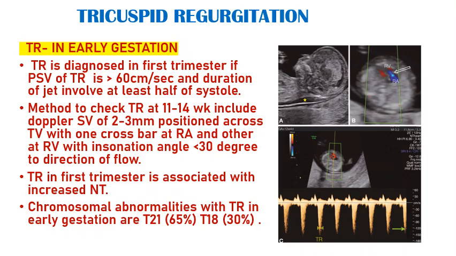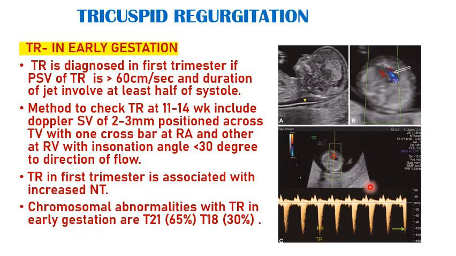Tricuspid regurgitation in early gestation is checked. It is considered present if peak PSV of TR is more than 60 cm per second and the duration of the jet involves at least half of the systole. The method to check TR at 11 to 14 weeks includes a Doppler sample volume of 2 to 3 mm positioned across the tricuspid valve with one crossbar at the right atrium and the other at the right ventricle, with insonation angle less than 30 degrees